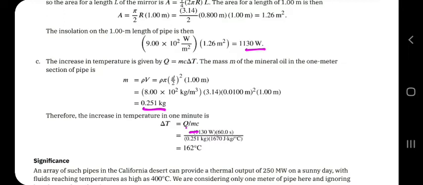So simplify, no, so we must divide them all, and then the change of temperature is equals to 162 degrees